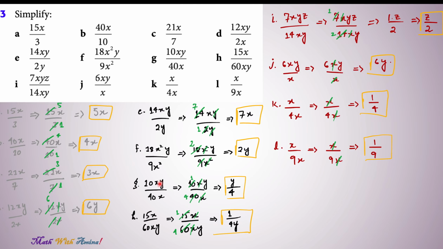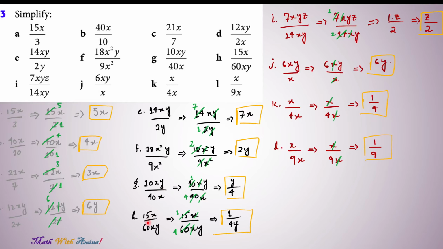Then looking at the variables, we get xy in the numerator and x in the denominator. So this x gets cancelled with x, and we are left with y. So in the numerator we get y over 4 in the denominator, as is the final simplified answer for this